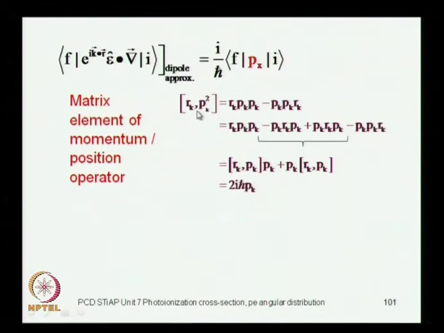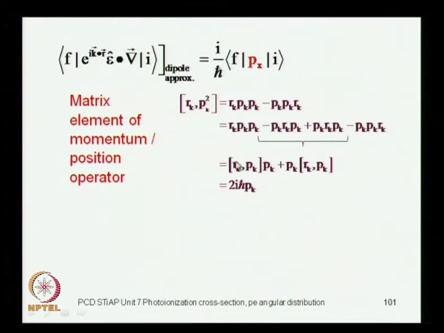So, you can convert from one to the other, and this is the commutation between r and p square. The reason I am considering the commutation between r and p square is because in the Hamiltonian you have got the potential energy operator which depends on r, and you have got the kinetic energy operator which depends on p square, right. So, if you consider the commutation between r and p square, you find using basic commutation relation that